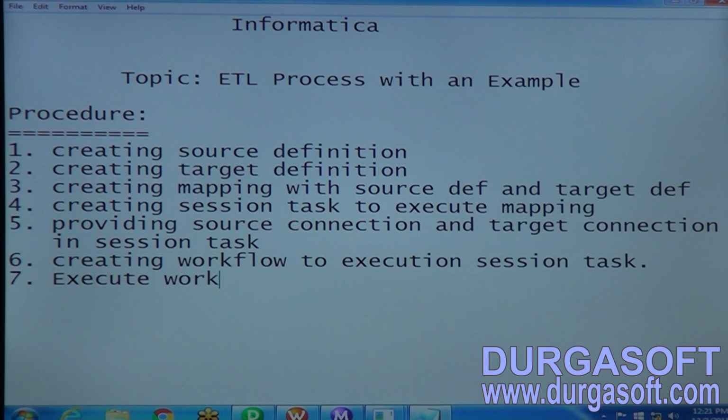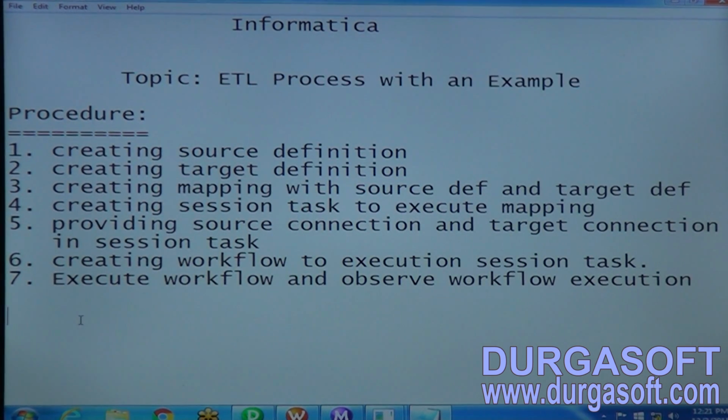Execute workflow and run workflow. Execute workflow and observe workflow execution. So this is the entire procedure what we have to do